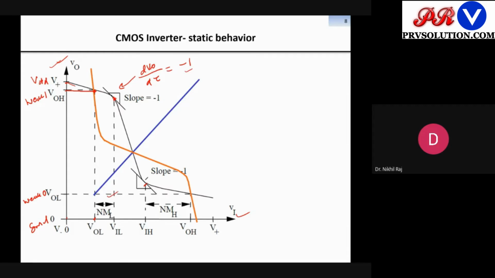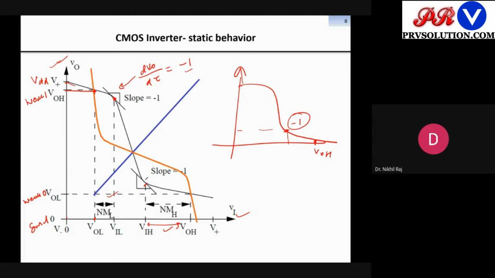noise margin. And further, when we go to the logic 0 case, again in the same characteristic, this is the slope here. At this point a -1 slope will be there. From this point to the maximum output VOH, from here to here will give you the calculation of high noise margin. So how to calculate this from the VTC curve?